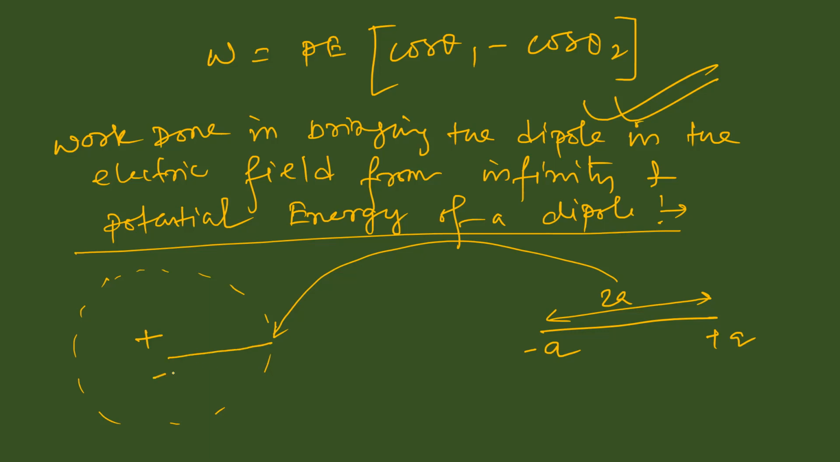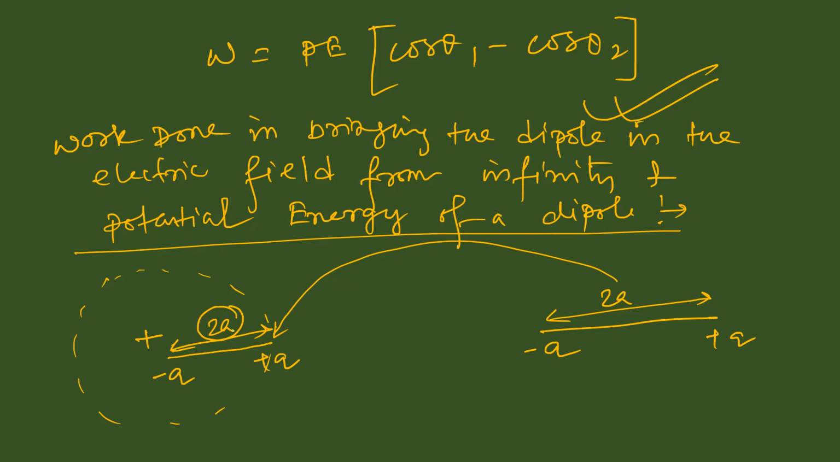So the minus q should be like that, and the plus q should be like that. The separation distance between the two charges is 2a. As you can see in this figure, the dipole should actually be placed at the boundary of the electric field. But when I place it this way, the minus q charge covers some extra distance of 2a. The plus q charge is at the boundary of the electric field, but the minus q charge has traveled an